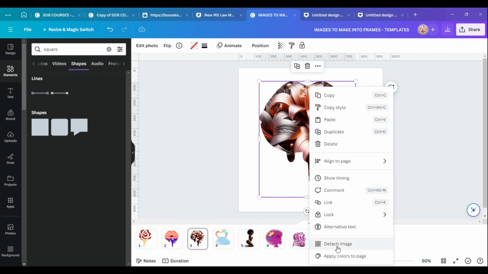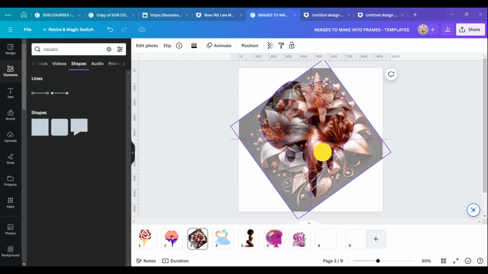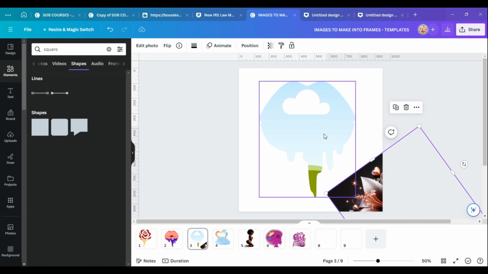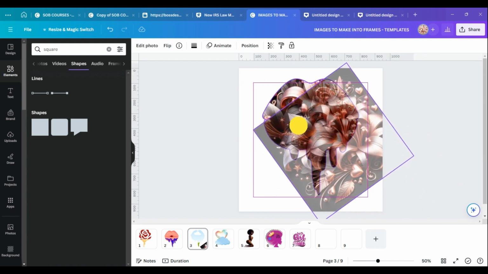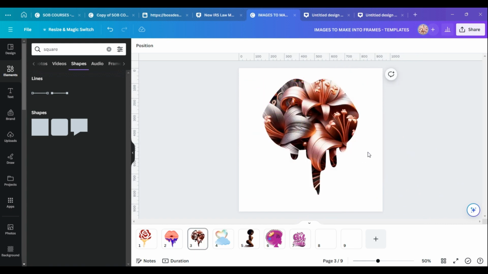Let me show you. I'm going to go ahead and just detach that image. And now you see that this is a frame out of those lips. And this picture will go right into them. And let me show you how I did this. So